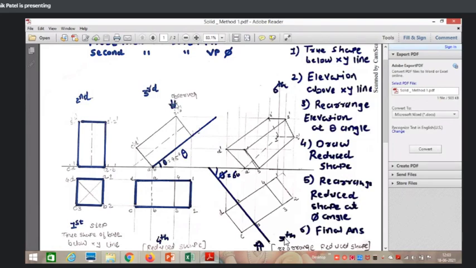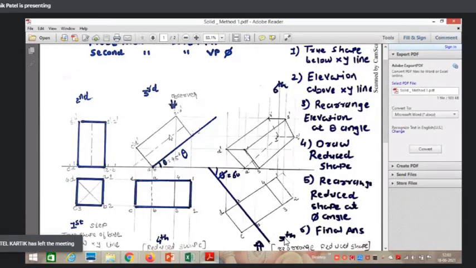For example, this is the object in the third step, and I am the observer from the top. So what will you see? You will easily see the faces 3, 4, 1, 2. This face you can easily see from the top. Similarly, you will see C, D, 3, 4. So these sides should be fully visible.